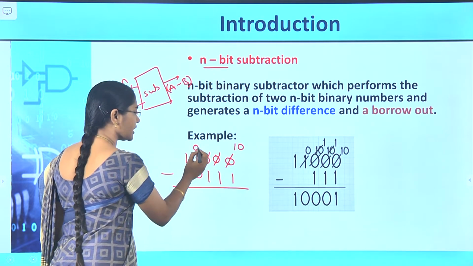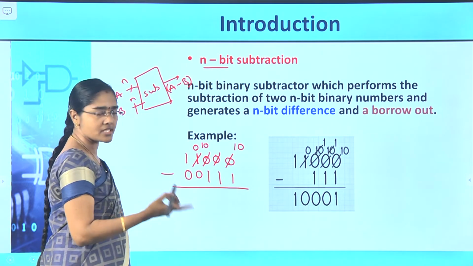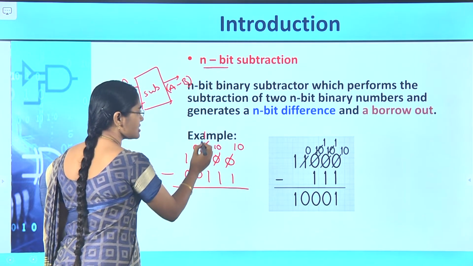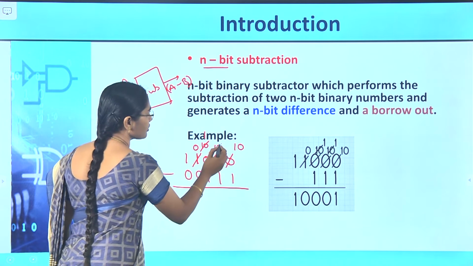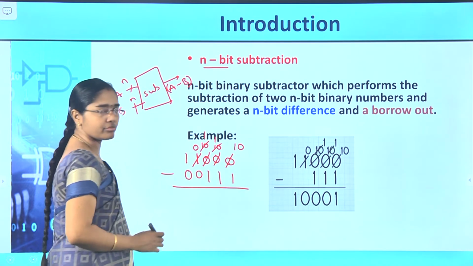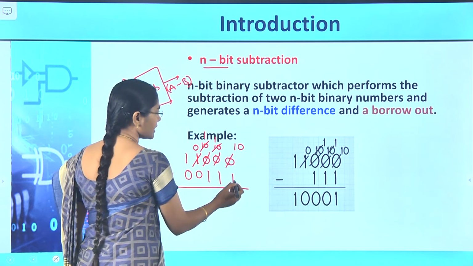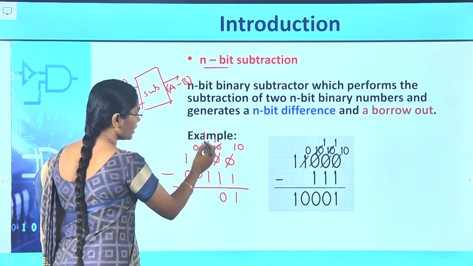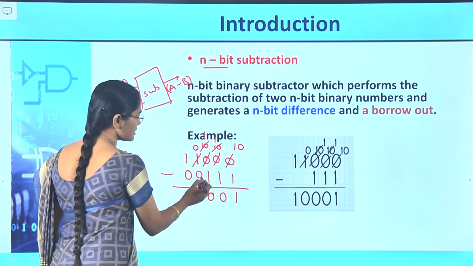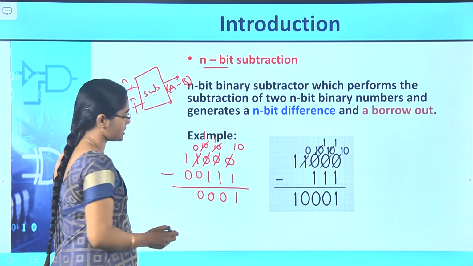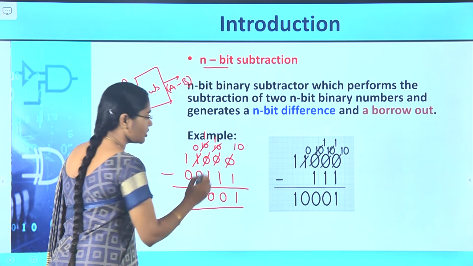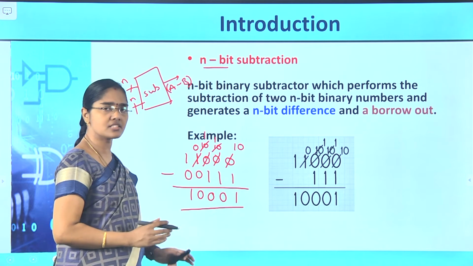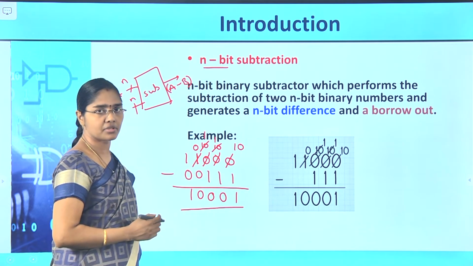So taking a borrow, making it 0, the next stage is going to get 10 as borrow, and from this the borrow is going to the next stage. So this is reduced to 1, and then again this is going to be reduced to 1 and going to the borrow of 10 to the next stage. So 10 minus 1 is equal to 1. Then 1 minus 1 is 0, and 1 minus 1 is also 0, so 0, 0, 0 and 1. So the answer is 10001 by following the normal subtraction procedure as we do in decimal subtraction.